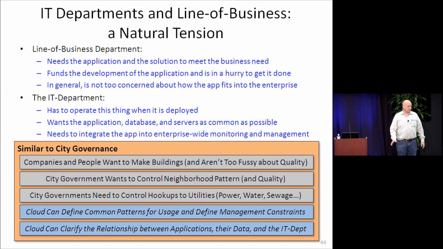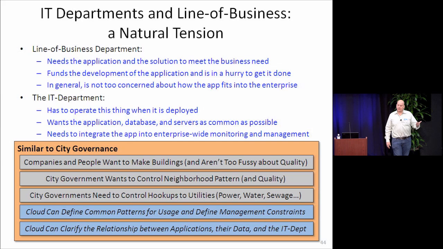And then the city says, you've got to make the sidewalks this big, you've got to do this, you've got to do that. There are these things in downtown San Francisco, where I live, called POPOs, privately owned public open space. So if you're going to build a big space, you've got to make places people can go and visit, 9 to 5. It's privately owned, but it's publicly open. Those are constraints that San Francisco puts on it. Each IT department has their constraints, and there's this natural tension.